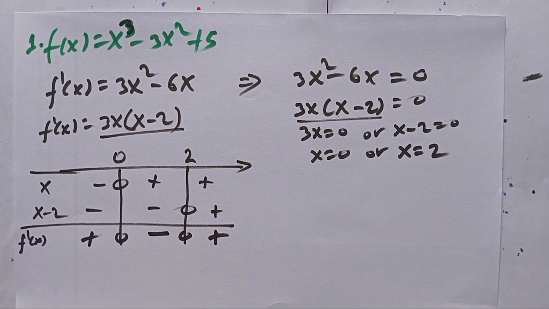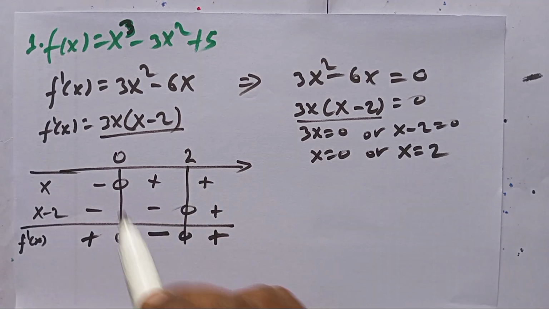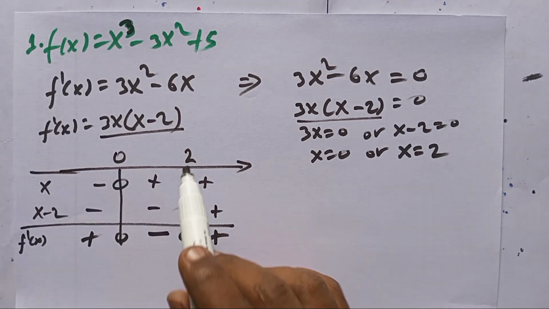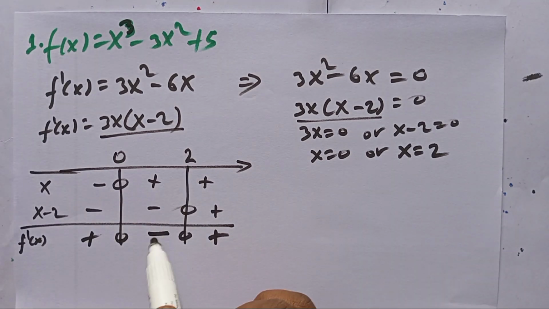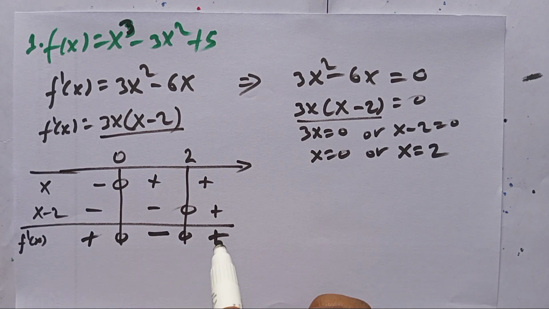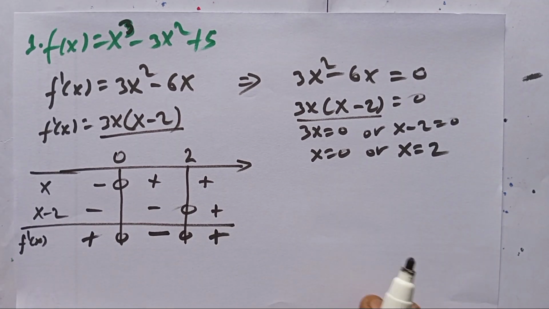ሳይን ቻርት ቴስት ደግሞ አለን፣ ፈርስት ዴሪቫቲቭ ቴስት የምንለው ያም ፍሮም ፖዚቲቭ ቱ ኔጌቲቭ ቼንጅ ያደረገበት ክሪቲካል ነምበር ላይ there is a local maximum. Again, from negative to positive there is a local minimum. ስለዚህ ሎካል ማክሲመም 0 ላይ አለ፣ ሎካል ሚኒመም ደግሞ 2 ላይ ነው ያለው። ምክንያት ይኸውና ፈርስት ዴሪቫቲቭ ከኔጌቲቭ ወደ ፖዚቲቭ ቼንጅ ያደረገበት ማለት ነው። Okay, let's write the answers from this one.